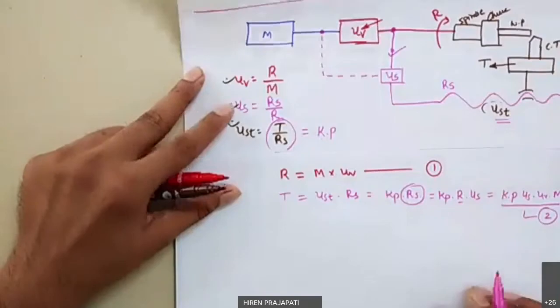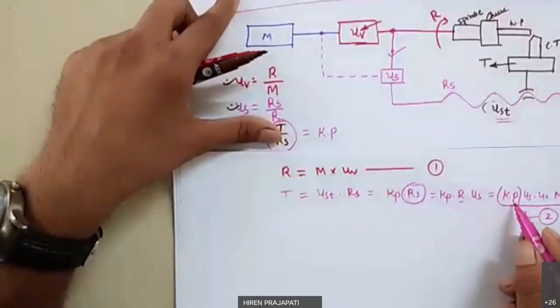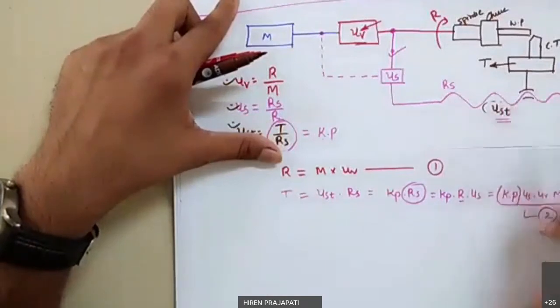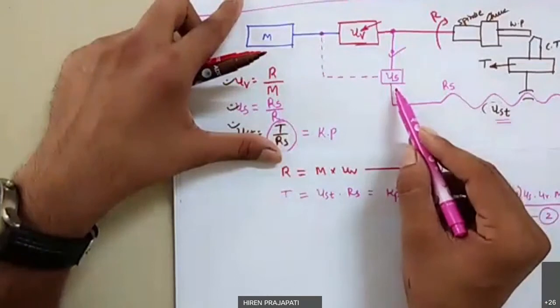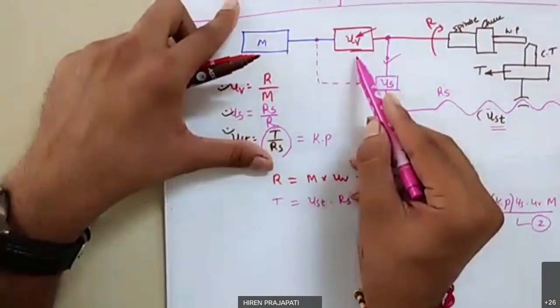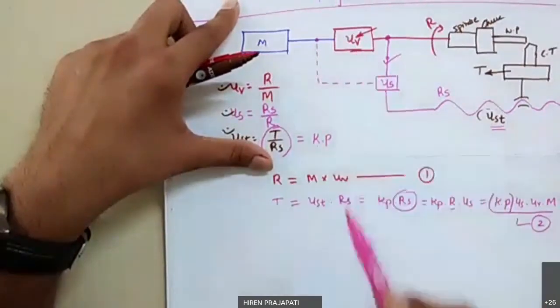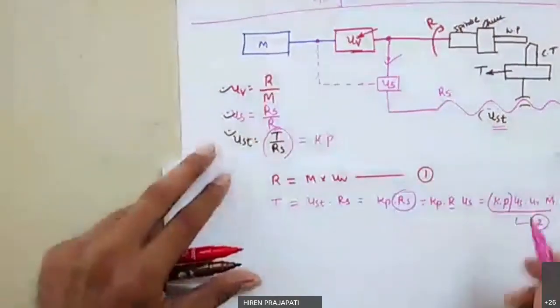Right? So if I keep this in brackets, then this is the dimension of the lead screw. US is the value set in the feed box, UV is the value set in the speed gearbox, and M is the RPM available from the motor. Right? So this is what we got.